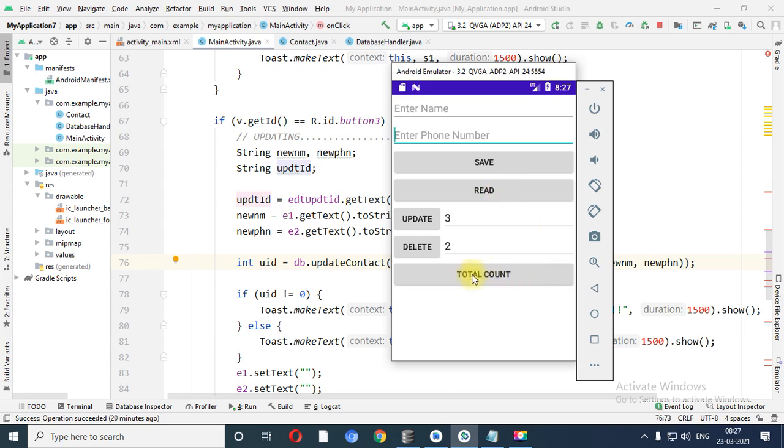Similarly, when you click on total count, it will calculate the total number of records available in the database. Over here we have taken one delete edit text and one update edit text, through which you are able to delete records, you are able to update records.